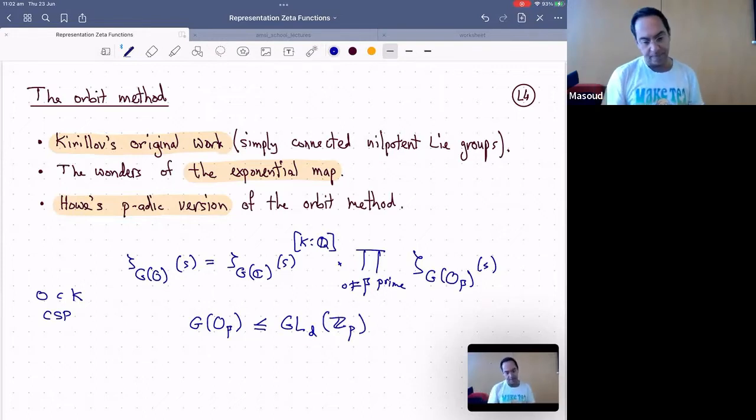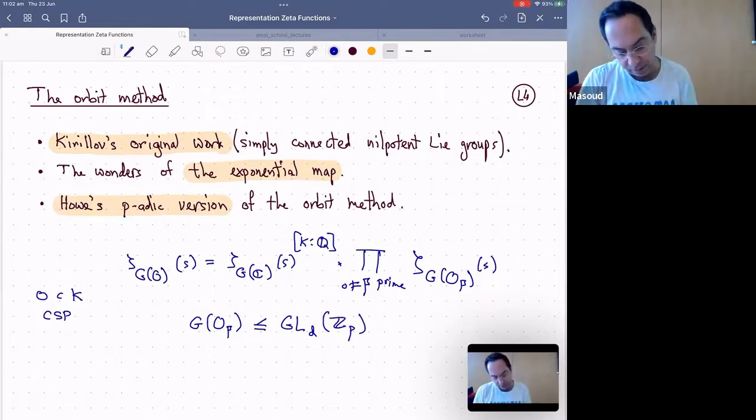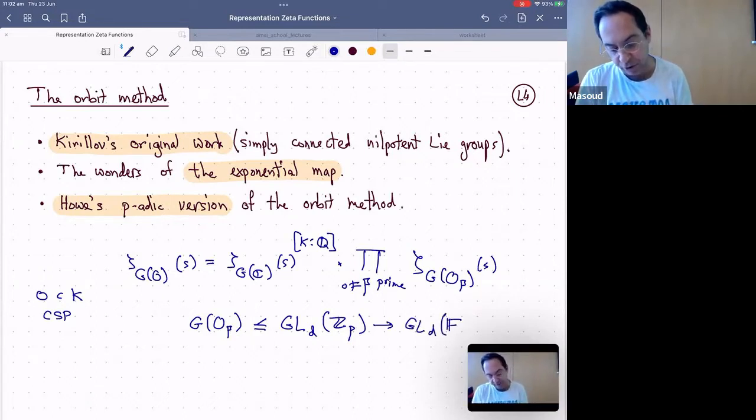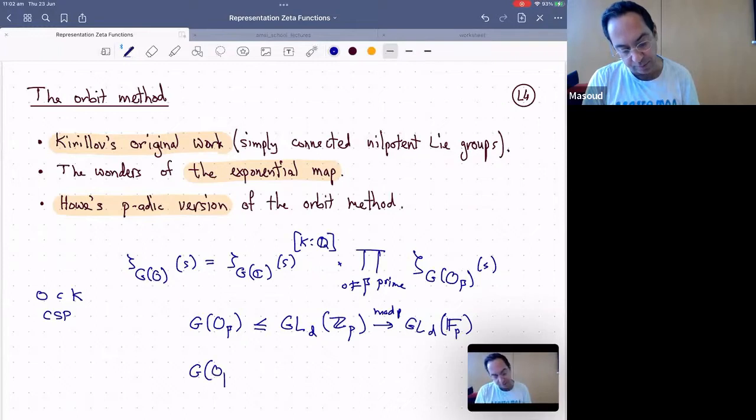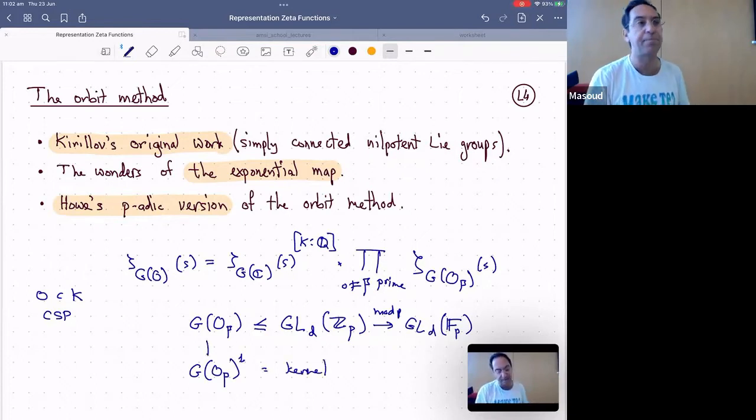And we can always look at the reduction of GL_d(Z_p) to GL_d(F_p), so the reduction modulo p. And the kernel, which is called the first congruence subgroup, this is the kernel. This is a p-adic analytic pro-p group. The kernel is pro-p,